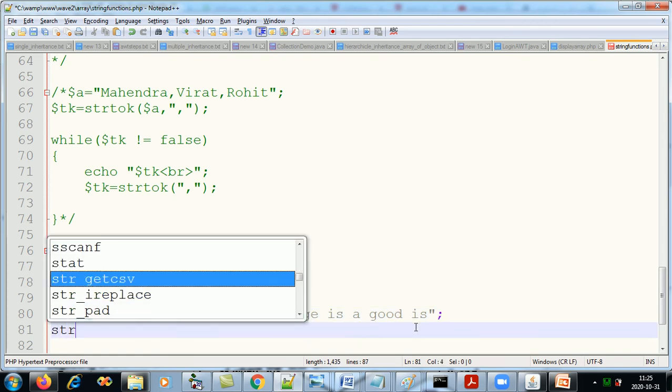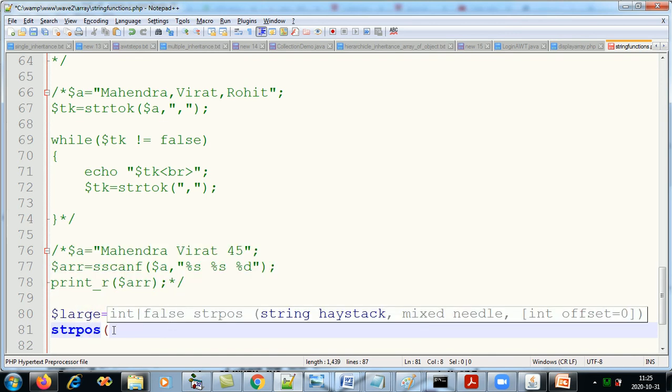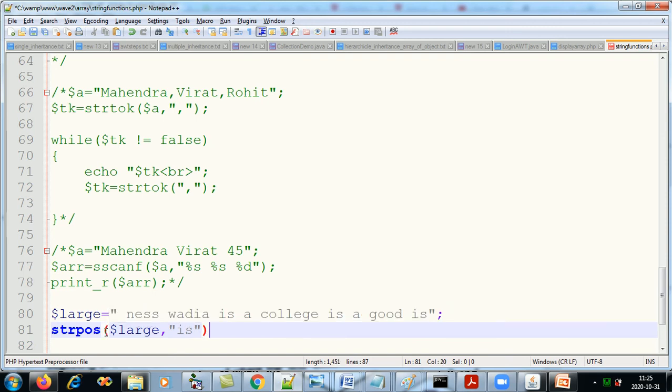So strpos, string position. In which string do I need to search? In the large string. Occurrence of which string? Occurrence of "is". I have not given the third argument, that is the starting position, so by default it will start searching from the first character.